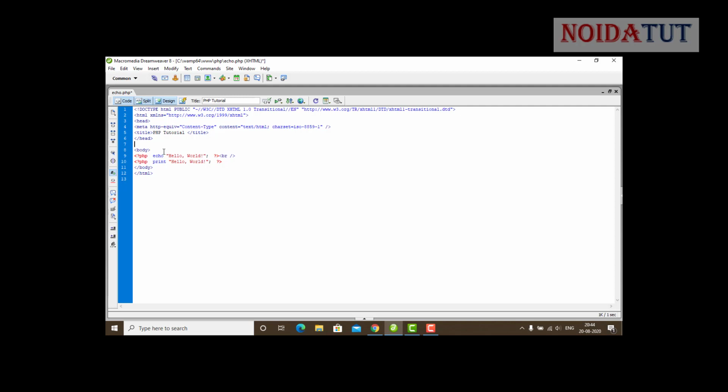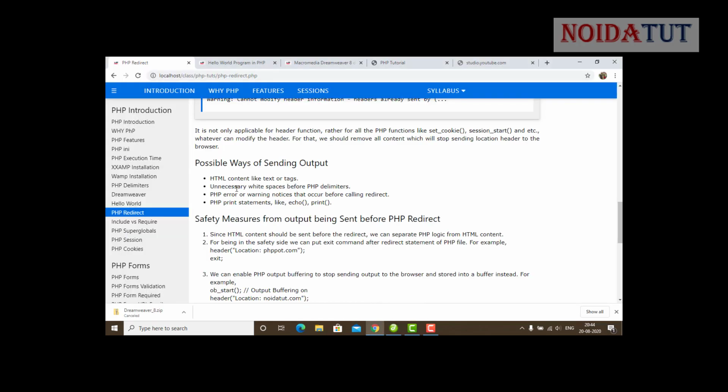This may cause an error, not this one, but if we give a space on this side, this may cause an error. That is the unnecessary white space before PHP delimiters. Other causes are PHP error or warning notices that occur before calling the redirect, and PHP print statements like echo and print.